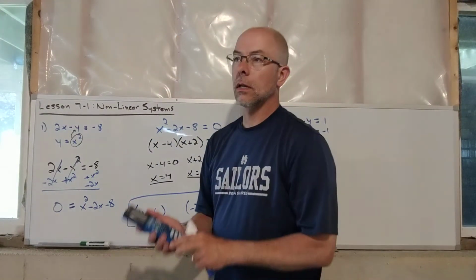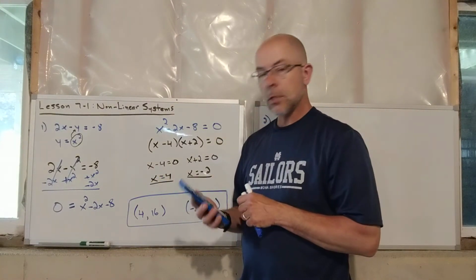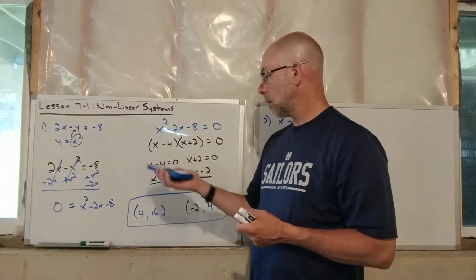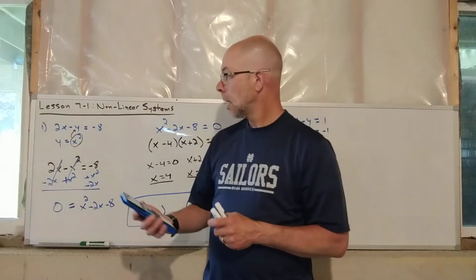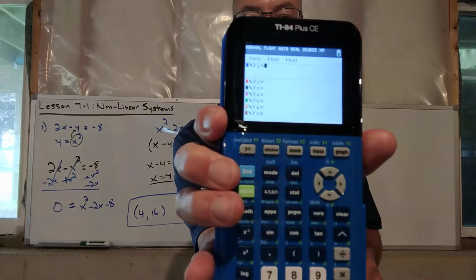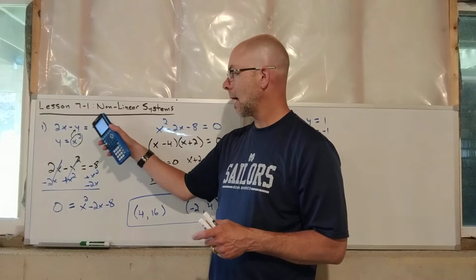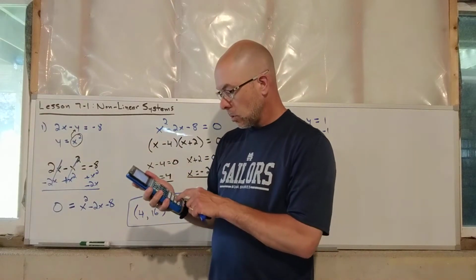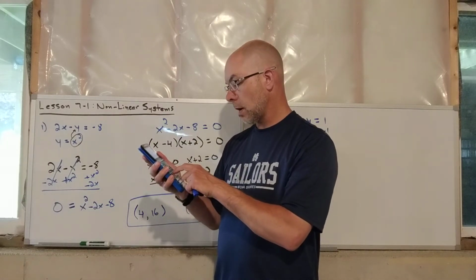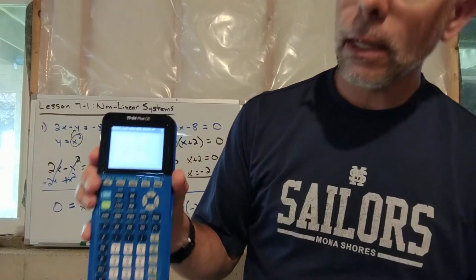Now, just a word of advice. Some of these are easier to do this than others. But you have the option to graph this and see if it resembles these two solutions. Now this equation's not in y equals form, like when you graph. You'd have to quickly convert that. This one would actually be y equals 2x plus 8. So if I did 2x plus 8 in one equation and did x squared in the other equation and hit graph, it'll draw the line